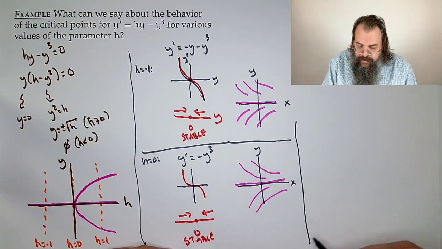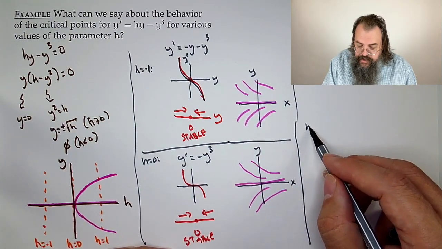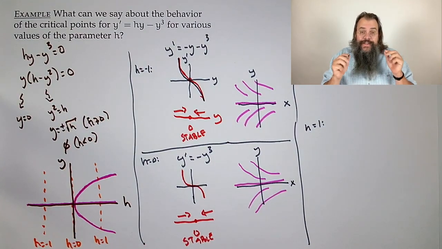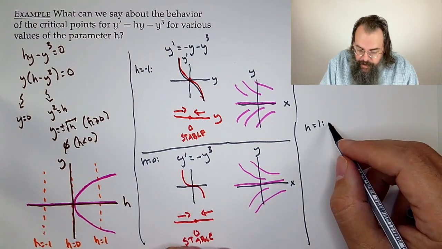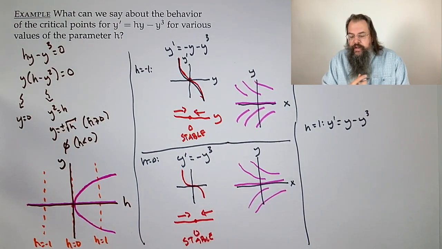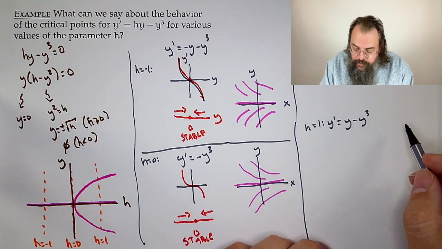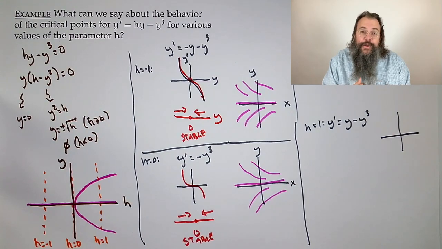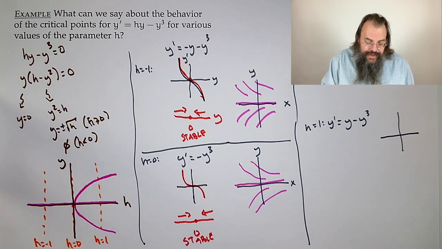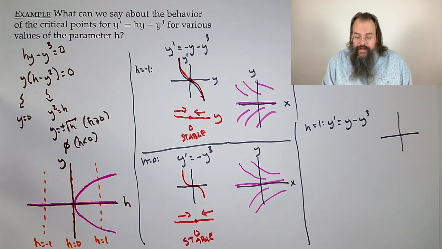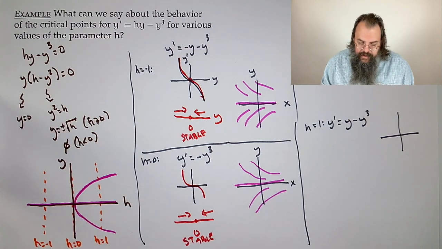But still, qualitatively, the same behavior. Now, let's talk about h equals 1. What happens there? At h equals 1, we get that y prime is equal to y minus y cubed. Now, you might say, how do we sketch that? But it's actually not too bad, because we can talk about where the roots are, because we know the roots. We actually have them explicitly worked out, 0 and plus or minus square root of h. In this case, that means plus or minus 1, which means that when we sketch this diagram in our y prime axis,